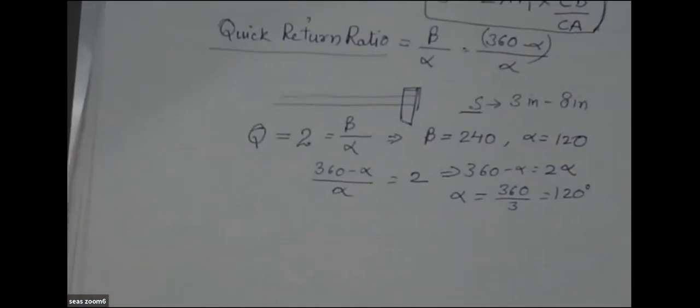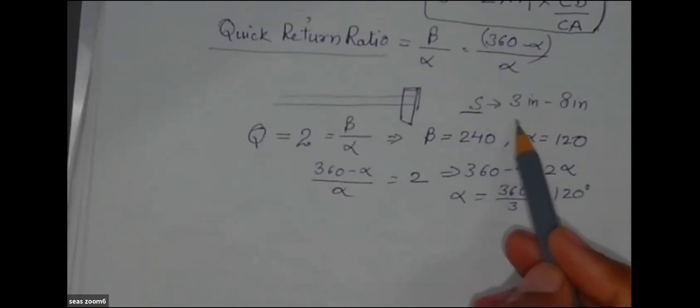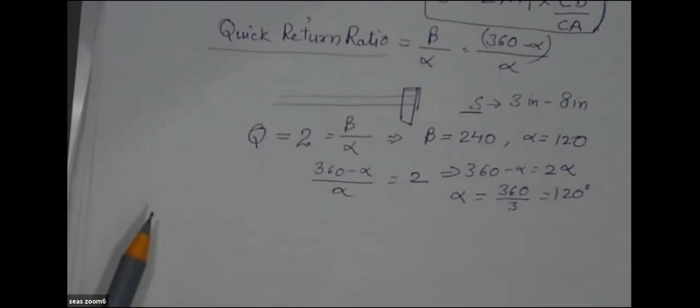We know that the cutting stroke goes through 240 degrees of angle, and the return stroke goes through 120 degrees of angle. And in this case, we want a cutting stroke somewhere between the length of 3 inch to 8 inch, and we have to design such a mechanism. So when we say we have to design such a mechanism, it simply means what will be the length of crank, or what should be the length of the distance between two centers, or what should be the length of this slotted lever.